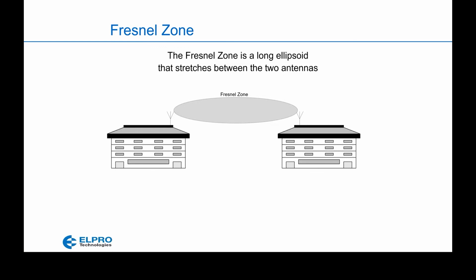Okay, now I wanted to chat for a couple of minutes about the Fresnel zone, and just to let you know how we're doing on time. I see we've got about 7 or 8 minutes to go, and that should have us wrapped up at the top of the hour. The Fresnel zone is an area of free space between two antennas that looks like a